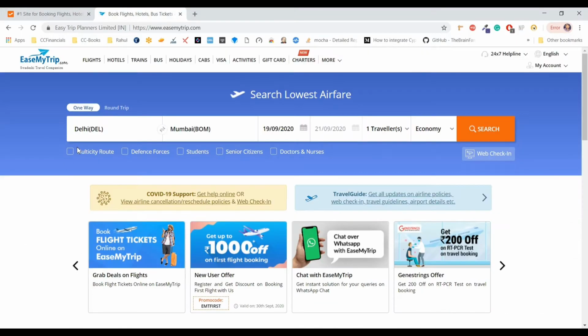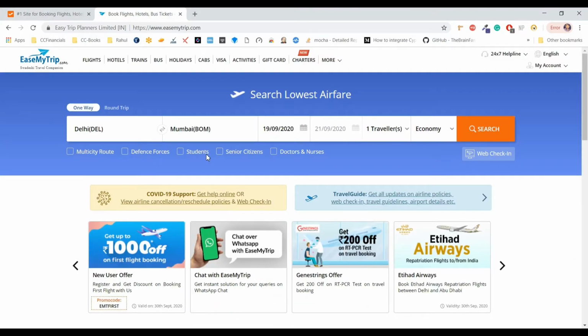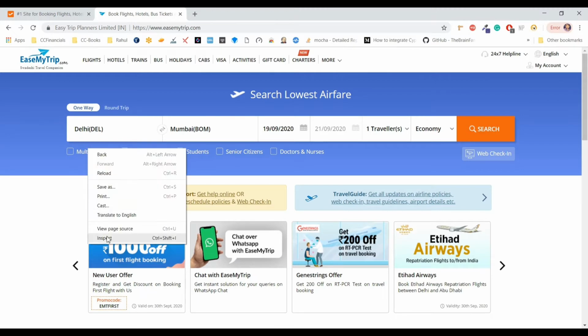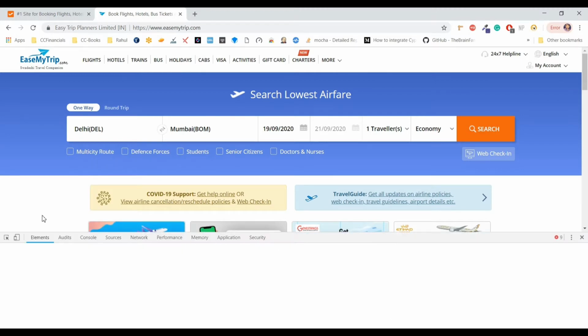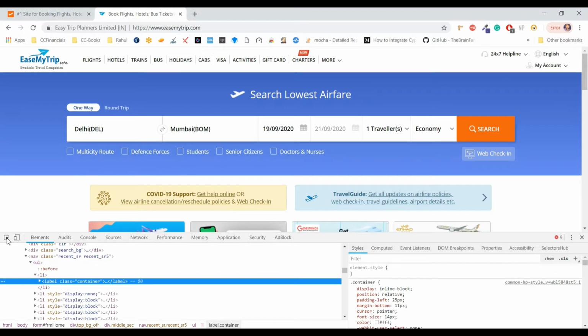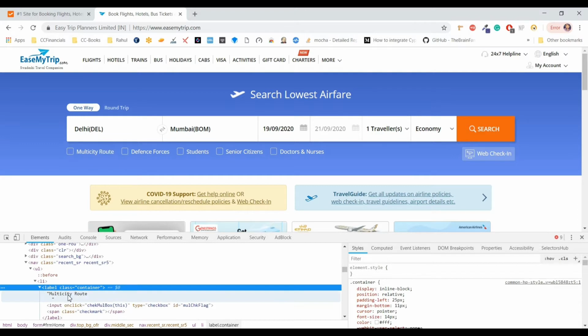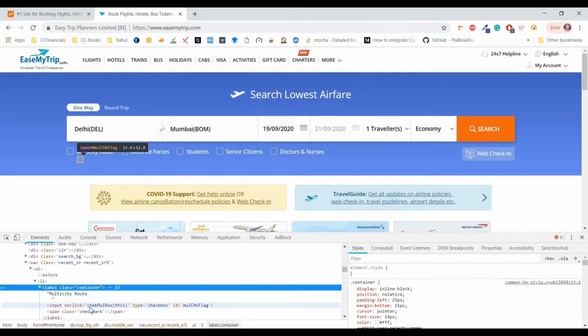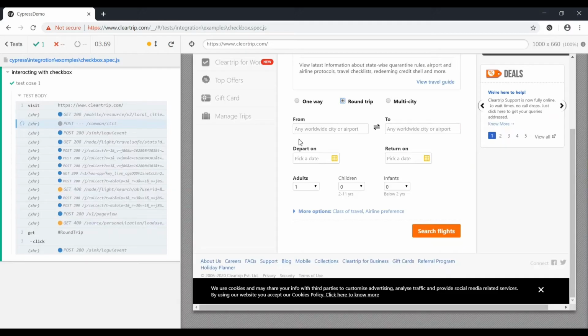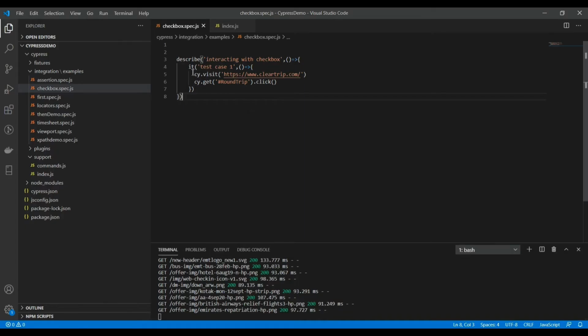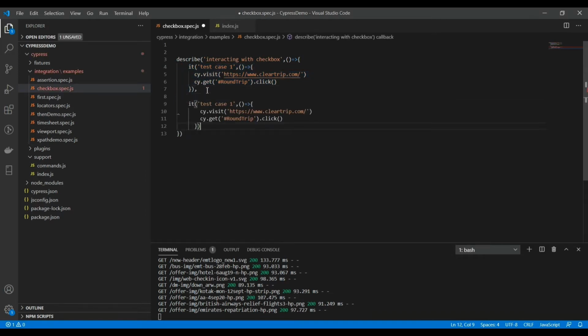So now we will use the second example, and here I'm using the easemytrip.com website, and we will try to select these checkboxes. These are multiple checkboxes. So here you can see the ID for the first checkbox is available. We can directly use this ID to select the checkbox. So let's just create one more test case here, and we can name it test case 2.